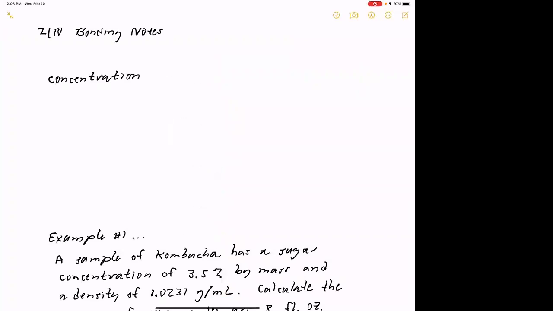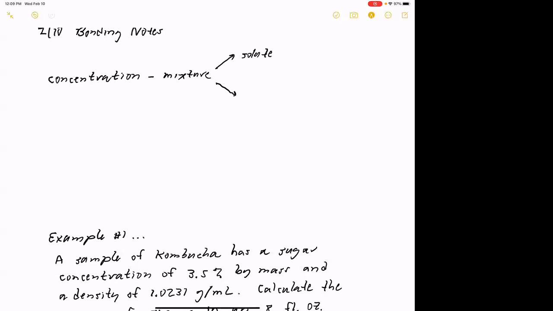All right, so one other kind of conversion factor that we occasionally have to work with, I won't even say occasionally, we do it often, is to focus on concentration. Okay, so when we talk about concentration, what we're dealing with here, guys, is resolution of a mixture. Okay, so we're talking about, for example, a liquid solution, but this doesn't necessarily have to be the case. Okay, so if I were to resolve a mixture and look at the different parts of it, you're going to have the solute,